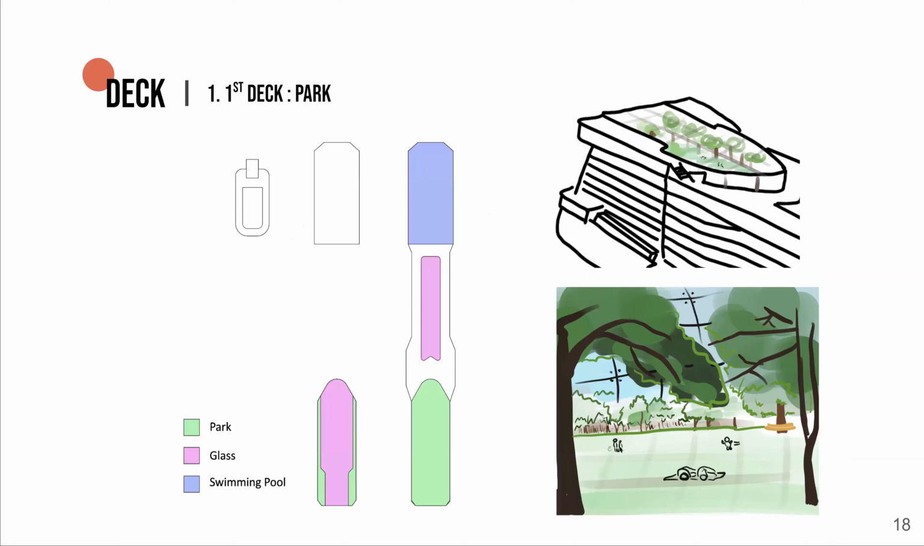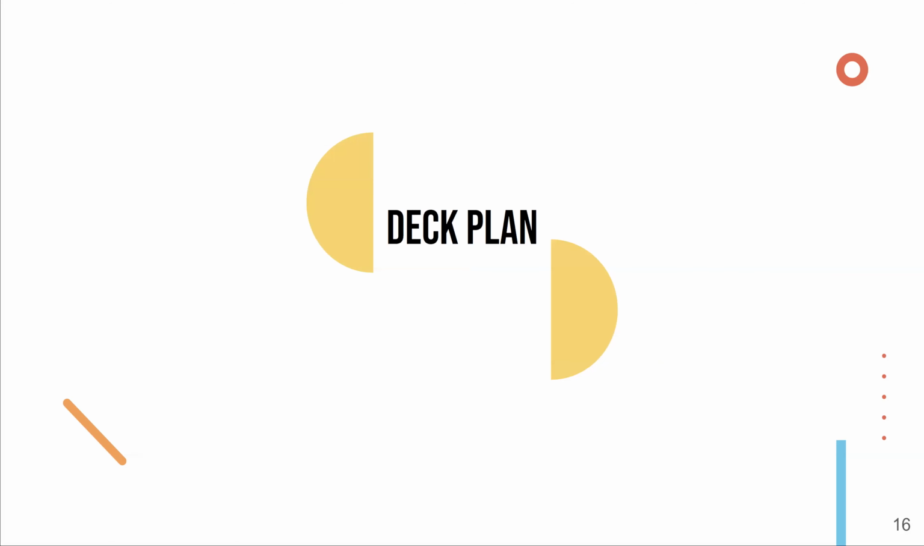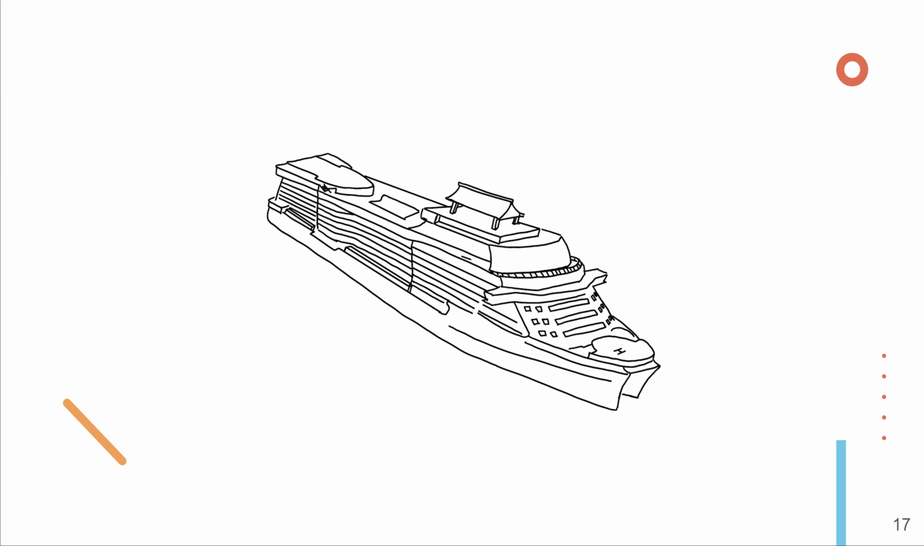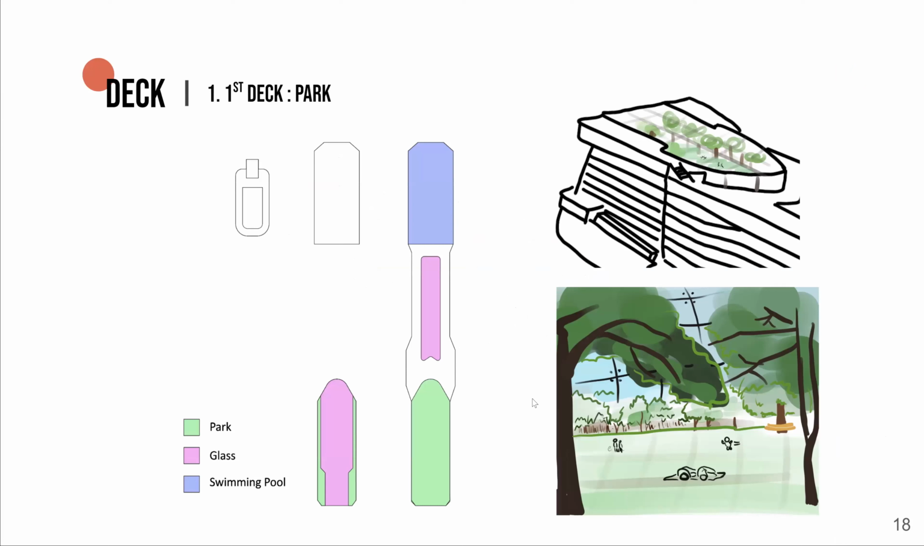And this is about the deck plan. Our cruise ship, we are planning to have a 10-deck high cruise ship. So in the first deck, that is the upper deck, we plan to have the Soul Forest, that is the park of our cruise ship. And then we are also planning to have a swimming pool, so people can do different kinds of recreational activity